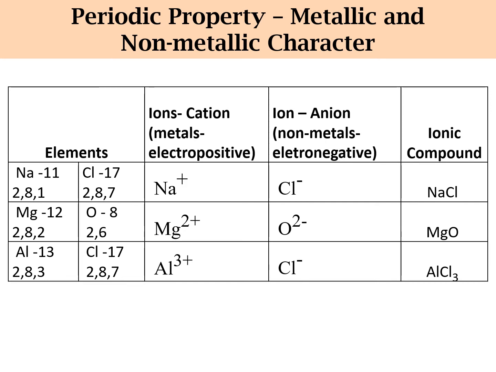So, now we come to the conclusion that metals having 1, 2 or 3 electrons in their valence shell donate electrons and become electropositive, whereas non-metals have 5, 6 or 7 electrons and hence they gain electrons and become electronegative. So from this particular slide we can even conclude why metals have a tendency of donating electrons, and why non-metals have a tendency of accepting electrons.